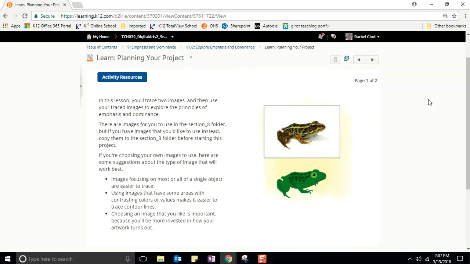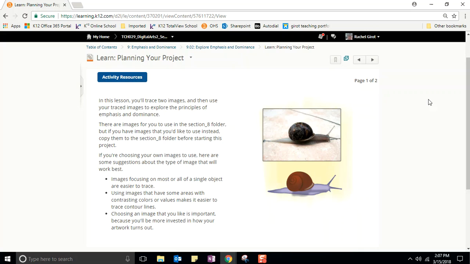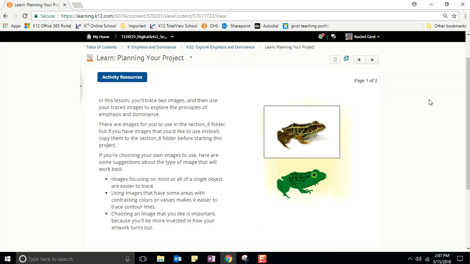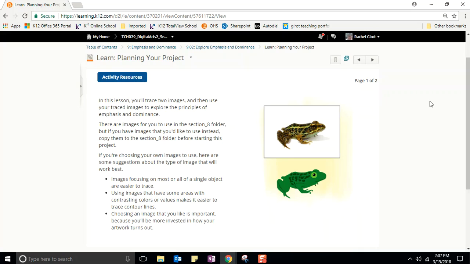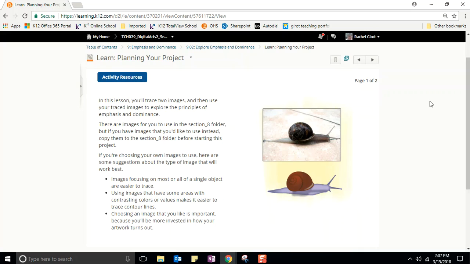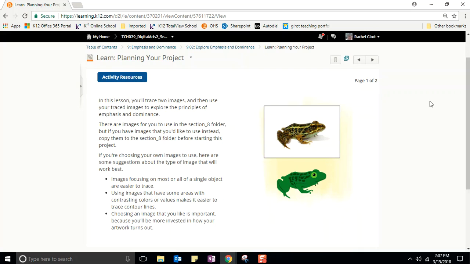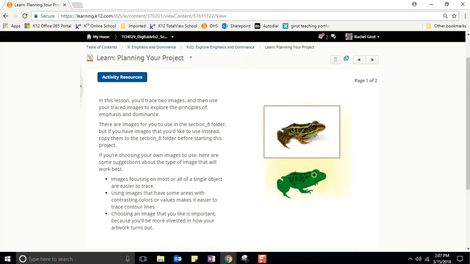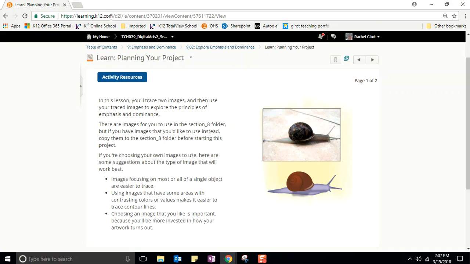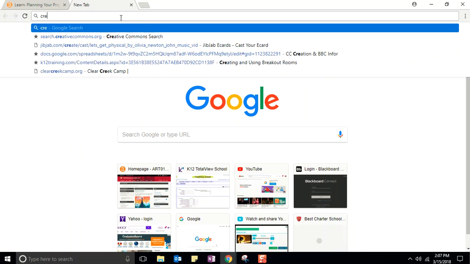Using images that have some areas with contrasting colors or values makes it easier to trace contour lines, and choosing an image that you like is important because you'll be more invested in how your artwork turns out. And I'm just going to remind you real quick, when you want to find your own artwork, you're going to go to the Creative Commons, so